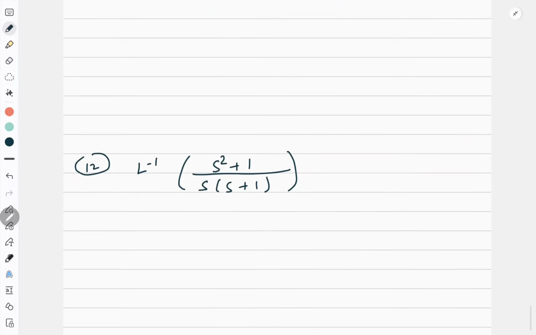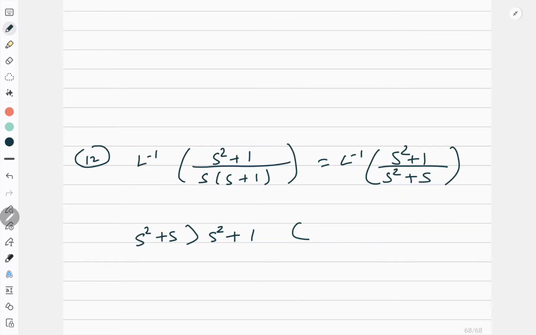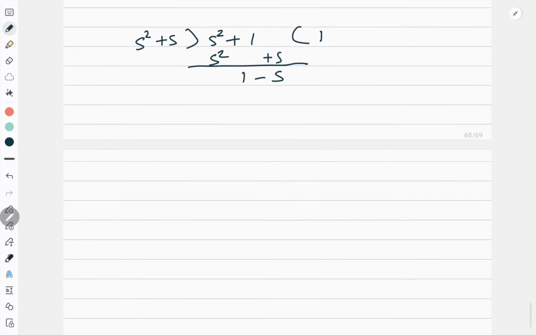Correct? Now come to this question. Now, if you see my video on partial fraction, I have told you I can do the partial fraction only if it is a proper fraction. Okay, means the degree of numerator should always be less than the degree of denominator. But in this case, the degree of numerator and denominator is same, because this is Laplace inverse of (s² + 1)/(s² + s). So what I need to do, I need to divide it. So s² + 1 divided by s² + s. So 1. So what I'll get? s² + s, subtract. So 1 − s.